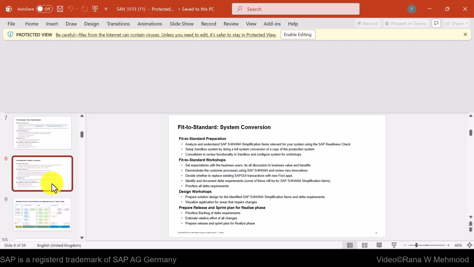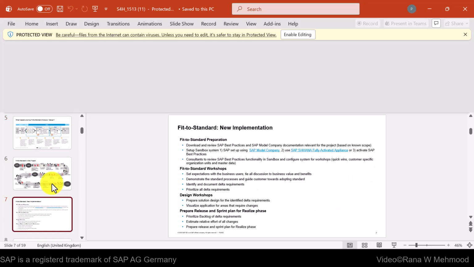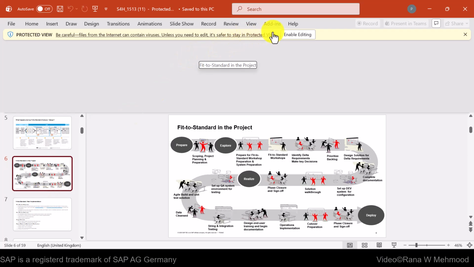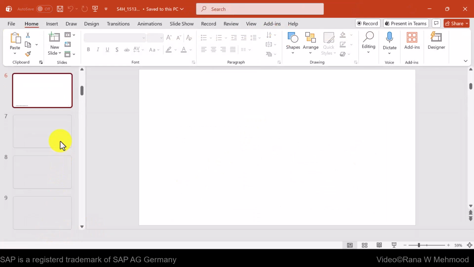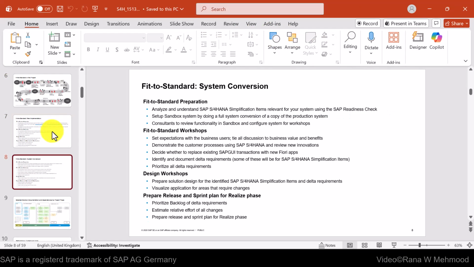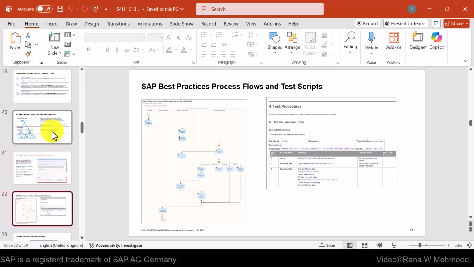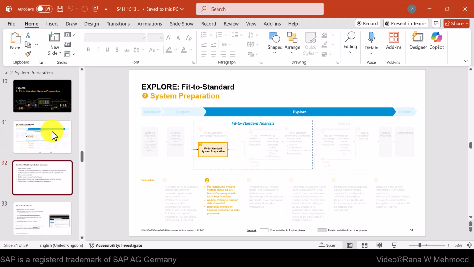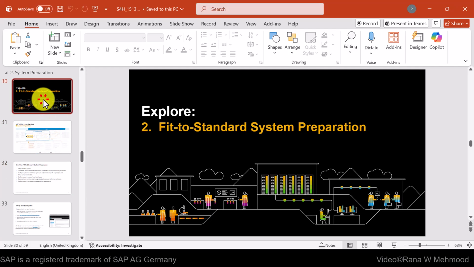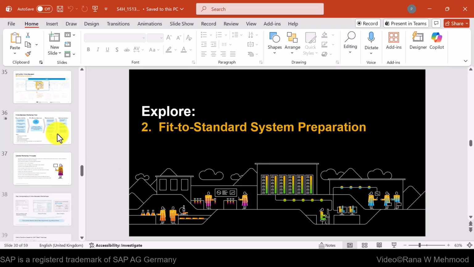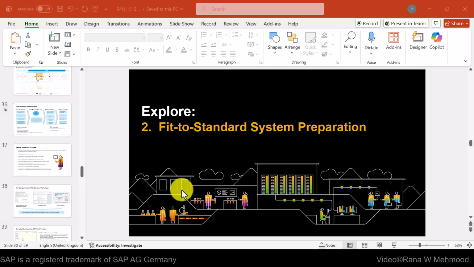You can demonstrate it to the customer when you work in a project. This is quite useful and quite good that it is already there. Let's go back,